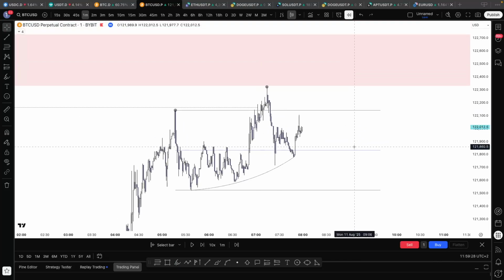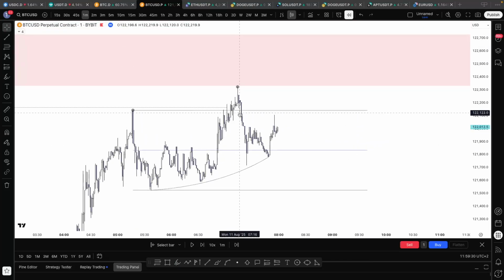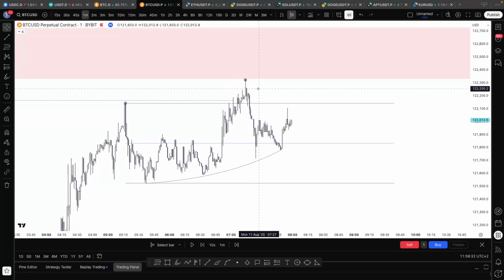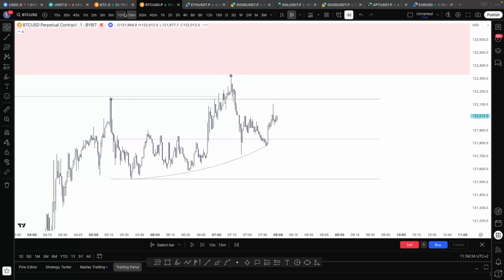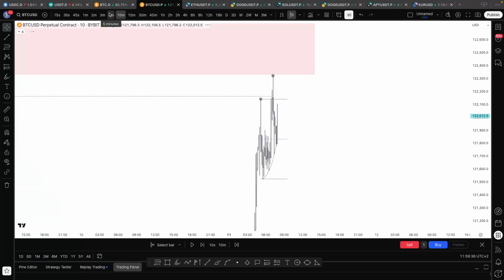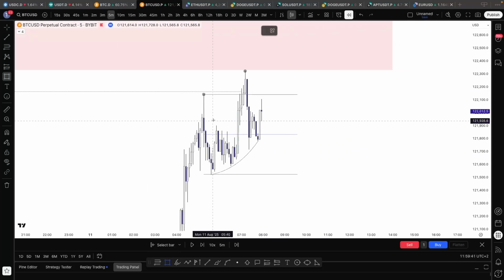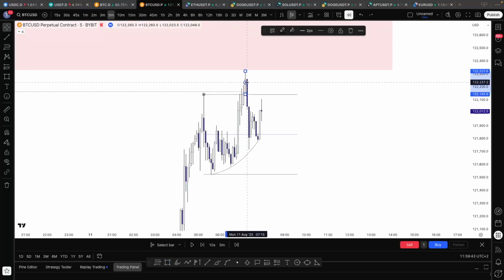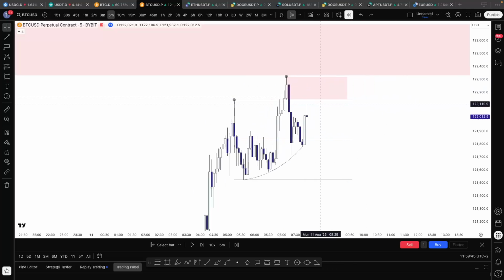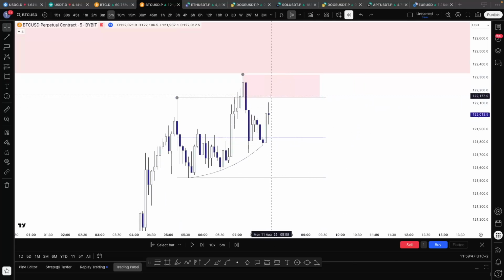What is our tab 3 POI going to be? I already see here a move up, but on the 1 minute, you don't see any supply up there. So maybe there's on the 15, on the 10. No, there isn't really any supply. Hey, there's your 5-minute supply. So let's draw it. This is going to be your 5-minute supply. You can come in. And what's nice about this supply is that it's higher than your tab 1. So if you go into this supply, then it means you already deviated your tab 1 and then break structure,